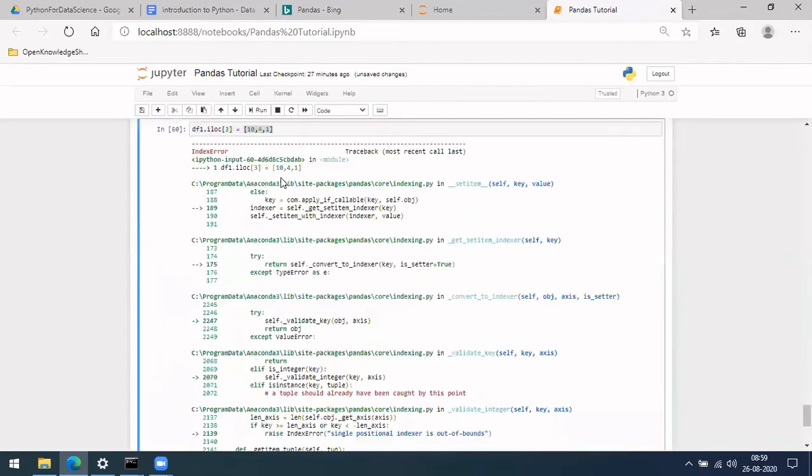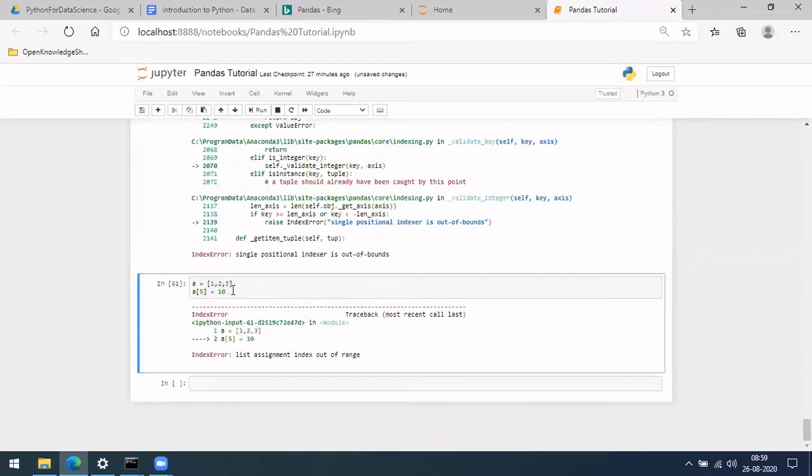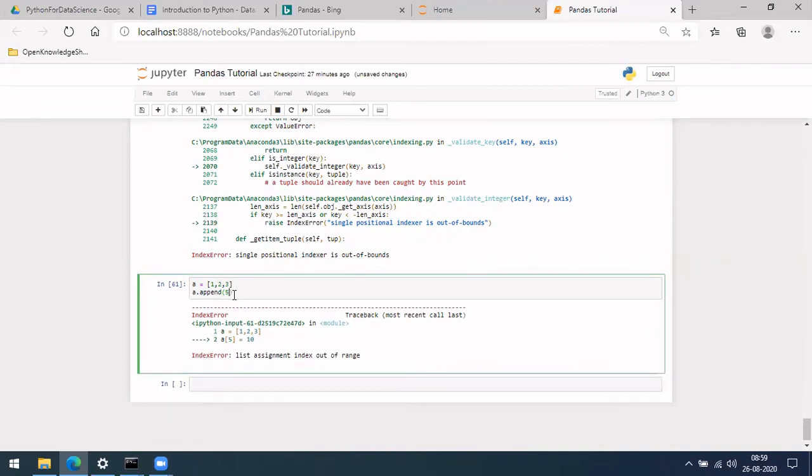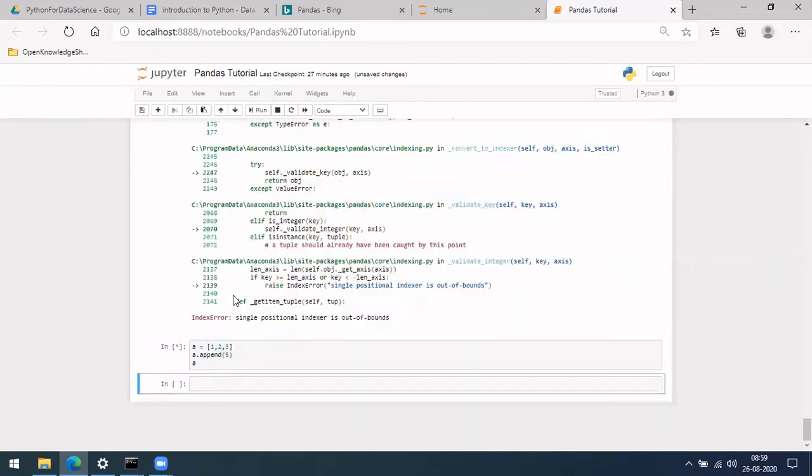So what we got here is a similar thing. What we should do is just like in a list, you do append, right? You do append and then add 5 here, and let me print A and down.